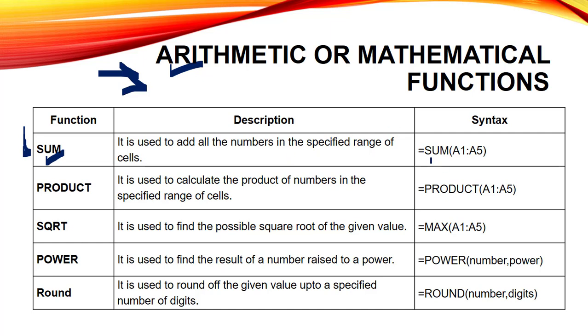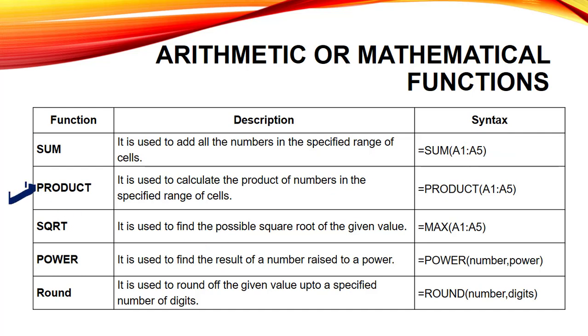The syntax of the sum function is equals to SUM(A1:A5). Well, it means whenever you have to calculate the sum of any number, you have to use this particular rule or syntax. In this syntax, whatever you write in between these two brackets will be added. So if you write any cell reference or any cell address, the values of that cell will be added. And if you write any number, then those numbers will be added. Fine.